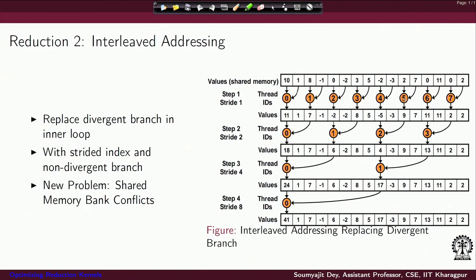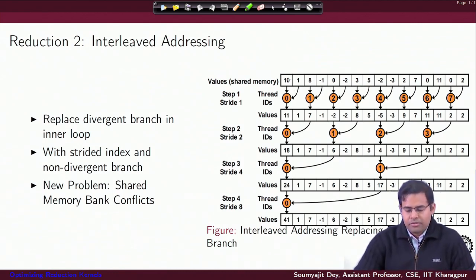If you take a close look, we made consecutive threads work, but consecutive threads are working on two consecutive values from the shared memory. When the operation happens, for each thread, first there would be a load for operand 1, a load for operand 2, and then the addition.